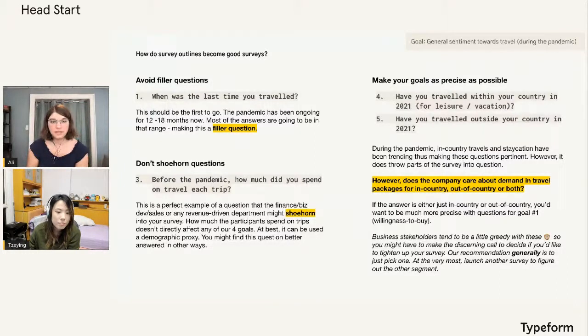In this case, does the travel company care about demand in travel out of country, or does it care about the in-country travel? We had two questions on traveling out of country and traveling in country. Let's try and pick one of those so that we understand what the travel company cares about